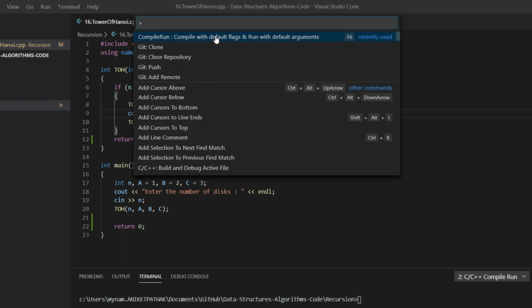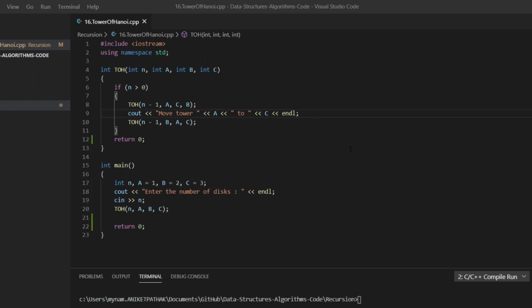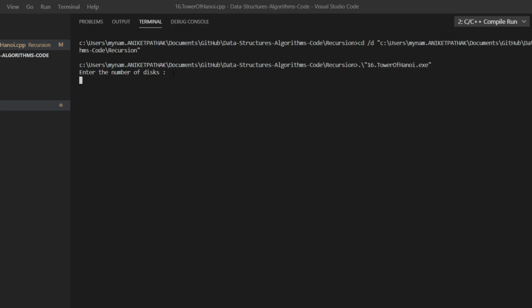I will select compile and run. Now this is asking for the number of disks, so let us enter 4.